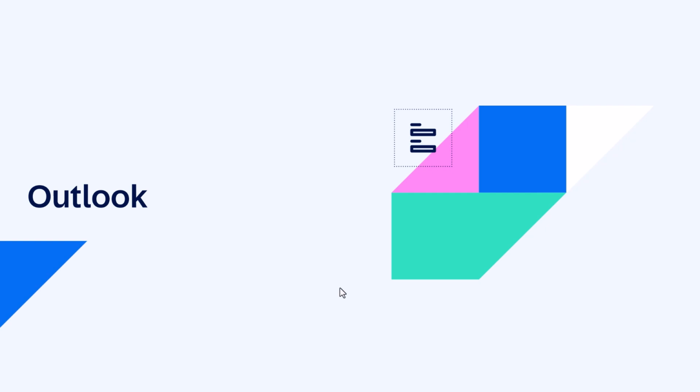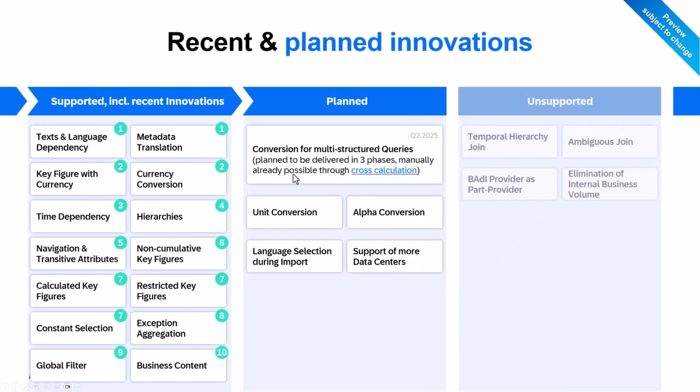Okay, now we're almost at the end of the session. Now I would like to cover the outlook, meaning what kind of features we are planning to implement in Datasphere in order to achieve BW feature parity. So as you can see on the left-hand side, that is what I've shown to you now, what we already have. And what is planned for the next year is, for instance, that we want to support the two structure